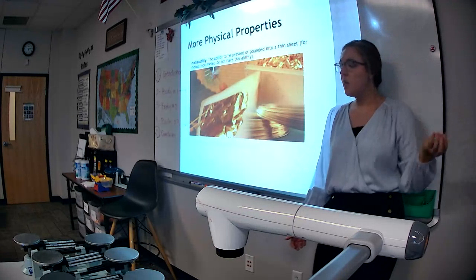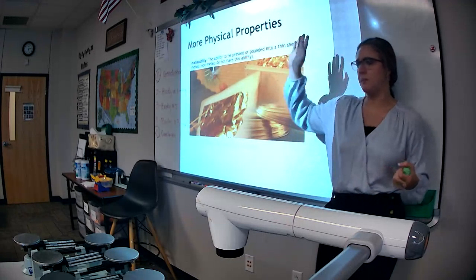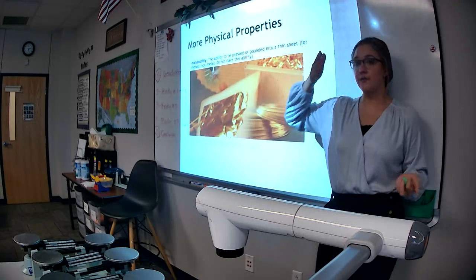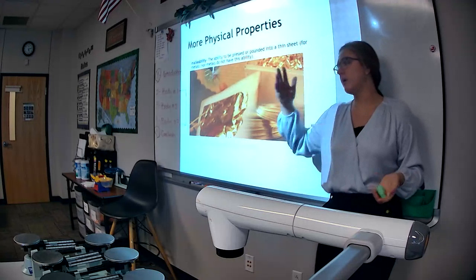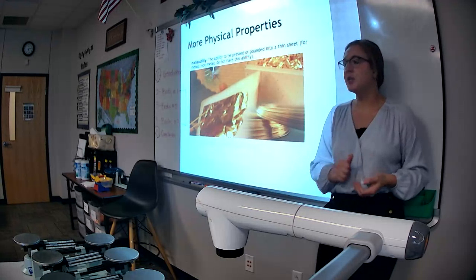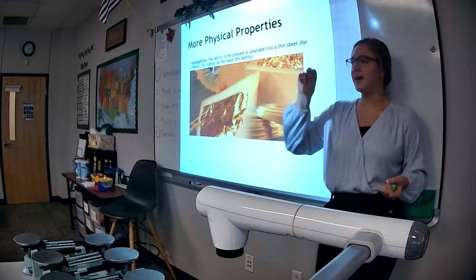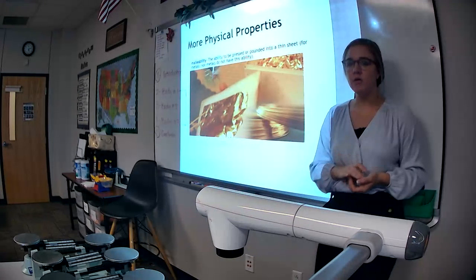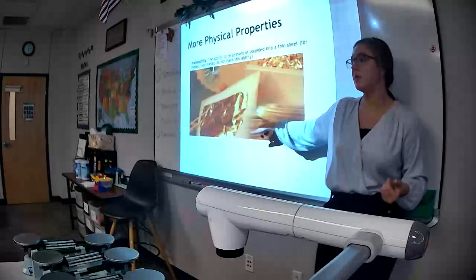That's why back in the day when they first created the Olympic Games, raise your hand if you know what the Olympic Games are. Good. You know how the athletes go for first, second, or third place? First place is the gold medal, second place is the silver medal, third place is the bronze. Back in the day, one of the popular things to do was when they would get a gold medal, they would put it in their teeth and try to bite it. The reason why is pure metal, if you bite it, you could actually indent teeth marks into it because it's very malleable and soft.